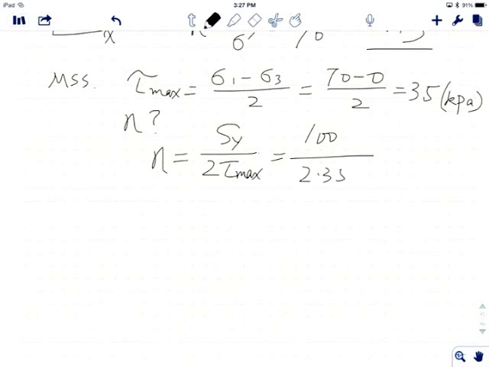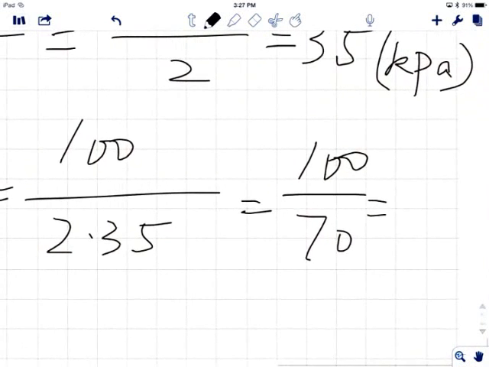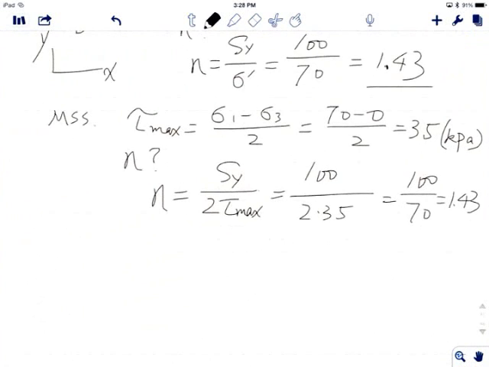Two times 35 equal to... 100 divided by 70, which is also 1.43. All right, this is my answer using maximum shear stress. Okay, so